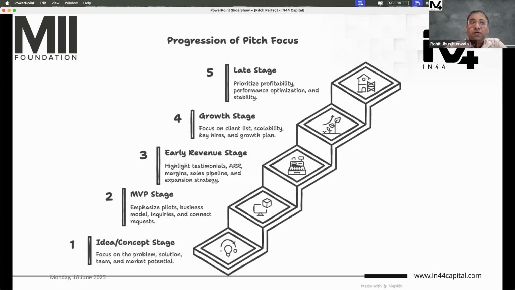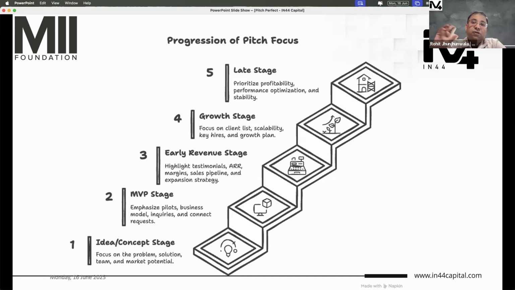Then let's say you get a little bit of funding or your friends and family help you out. You come to an MVP stage. Now, in an MVP stage, you will say, hey, this is my technology readiness level. You have a TRL, which is something given by the government of India. You have TRL levels 1 to 9, 9 being commercially viable. If you can map yourself saying that, hey, MVP is level 5, level 4, level 6, the investor will understand, okay, you have done something. You have sort of moved up the ladder.